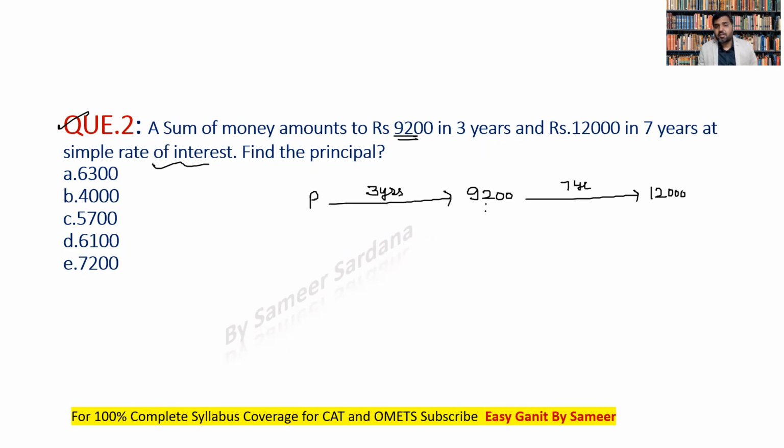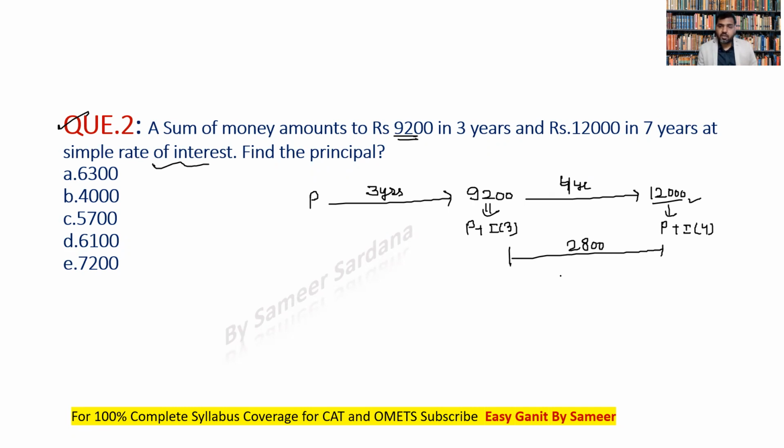Now this is the amount. That means this includes the principal plus interest of 3 years. And this includes principal plus interest of 4 years, right? So guys, you see that when I'm moving from 3 years to 7 years, I'm actually adding 4 years. Now this is the amount at the end of 4 years. So you see that in this 4 years period, I'm earning an interest